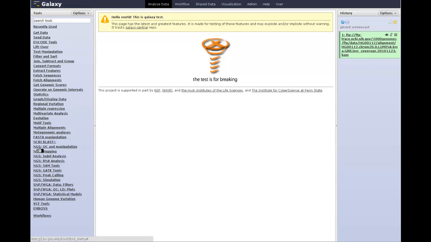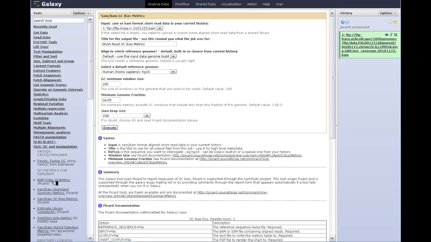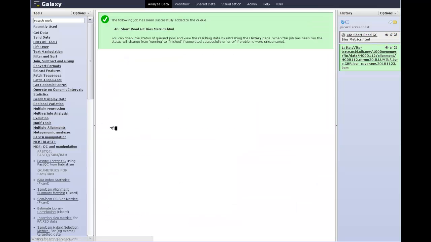But let's start off by going to the Next-Gen Sequencing QC and Manipulation menu and starting some of the jobs. I'm just going to kick off a whole lot of QC and metrics jobs, and we'll let them run. Like all Galaxy tools, when you click on the GC bias metrics tool, for example, you'll see the option to run one file, which is the one that I have in my history. If there were more BAM files or SAM files, they'd appear here. I'm going to leave all of the defaults. There are lots of things you can change, but for this demonstration, let's just click Execute and get the job